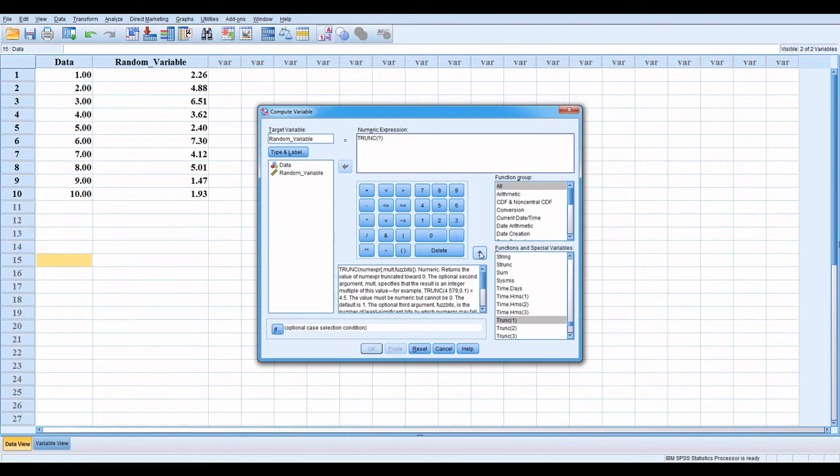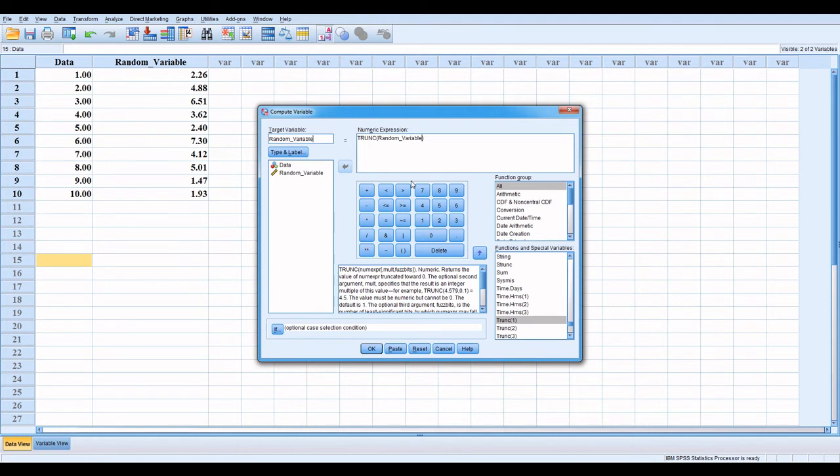Trunc, we want to trunc random underscore variable. This is our random underscore variable. We want to trunc this because we want these numbers in whole form. So write here random underscore variable, and in target variable change your variable name.